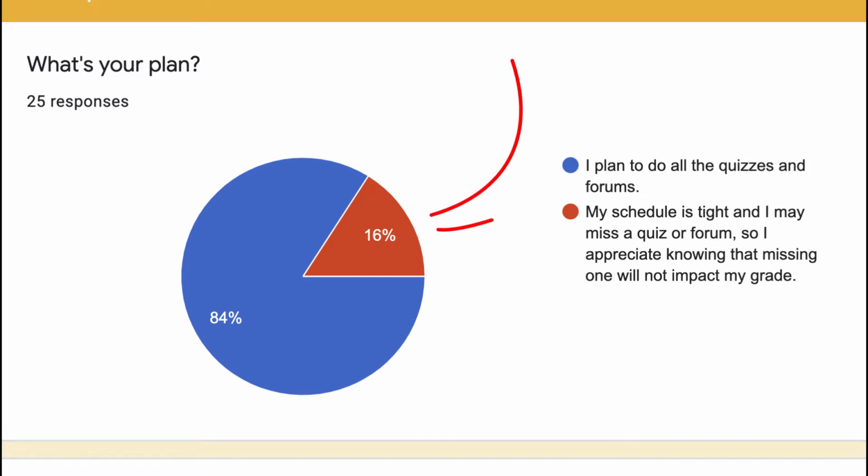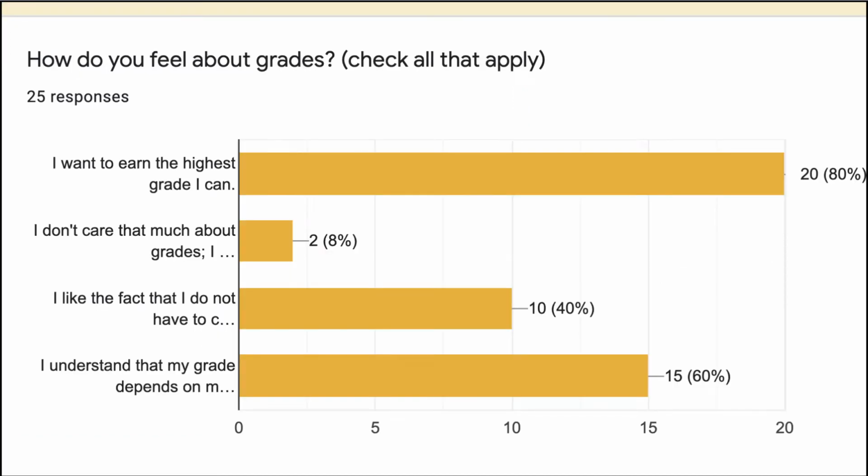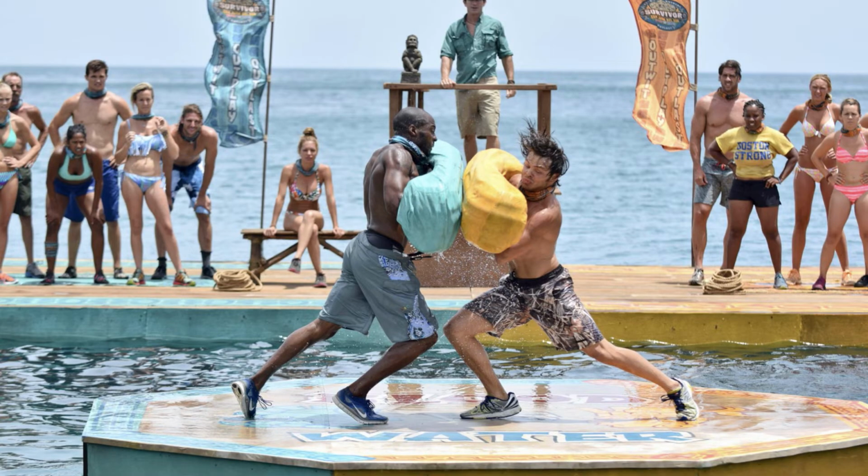I find that some students are very grade conscious, and I figured that this is a way to decrease grade anxiety. I then went over the grading scheme in detail, and I asked them how they felt about grades. For this question, they could check all that apply. I thought this would be a way for them to be candid about their personal goals for this class. I also wanted to emphasize the fact that this class is not graded on a curve, and so they are not competitors with their fellow students. This helped meet my goal to have students see their classmates as shared learners in a new adventure, rather than contestants on Survivor grimly fighting to be the last man standing.